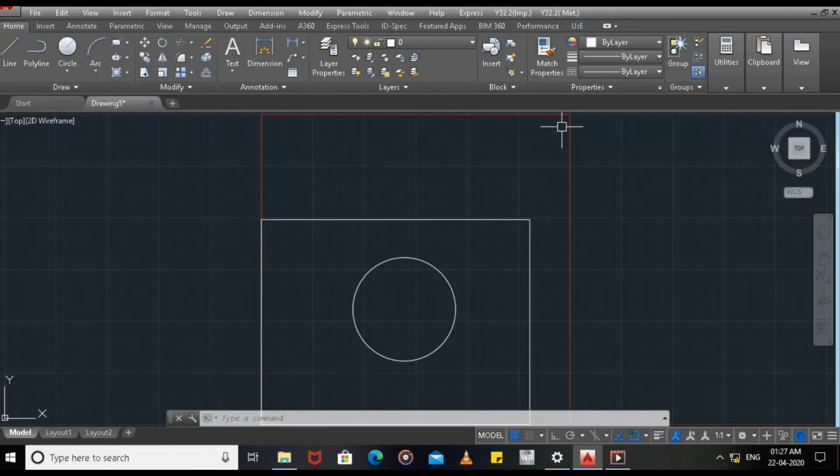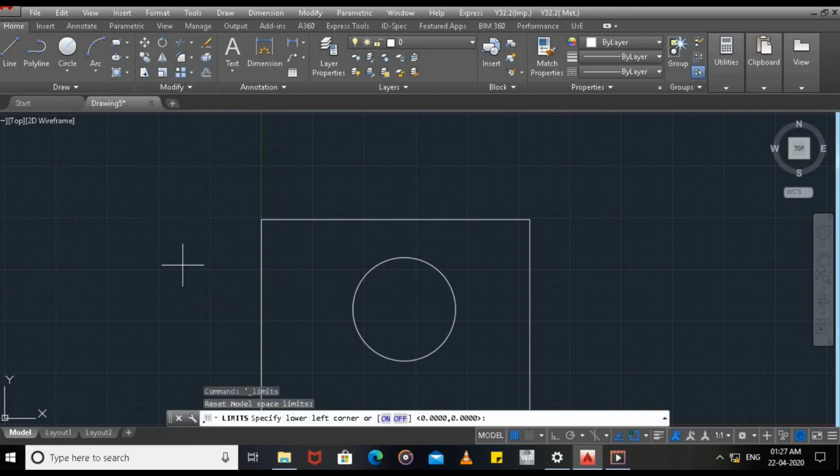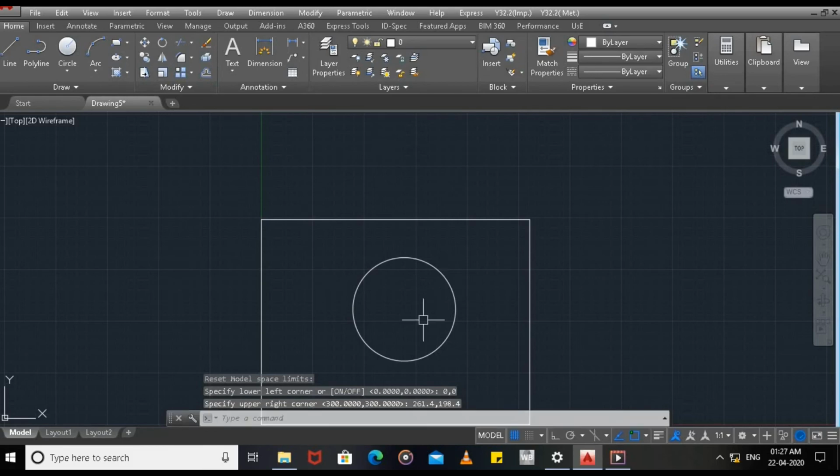We are going to model, then we are deleting this rectangle, then we are changing the drawing limits: 0,0, then 261.4,198.4. Press enter. Now the upper right corner is changed. Then again we are going to layout.